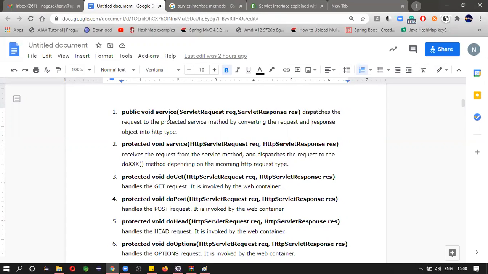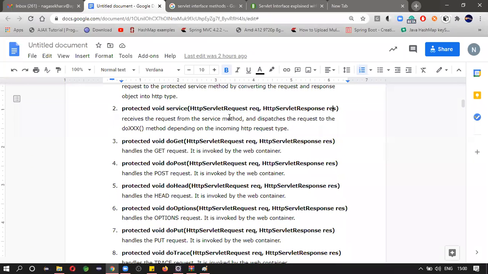See here, it dispatches the request to the protected service method by converting the request and response object into HTTP type. So it is converting them. Here, no need to convert. We are directly taking the HttpServletRequest and HttpServletResponse. It receives the request from the service method and dispatches the request to the doXxx methods.